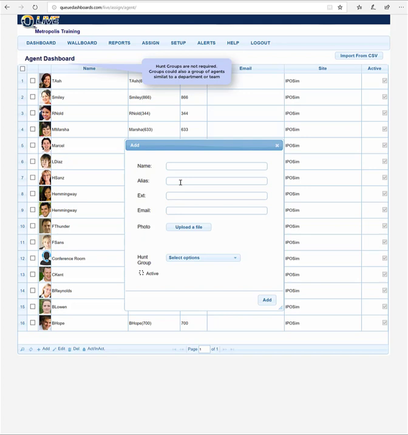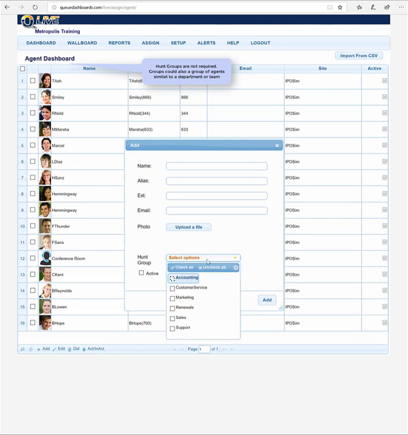whatever the name is that's associated to that directory number or extension in your PBX. So again, it's very important to make sure that alias is correct. Also the extension, so whatever extension that agent or device is associated to. You also have an email, which can be very useful when we're setting up alarms to just email to a favorite. You can upload a photo so supervisors can see a picture of the agent, and then you can associate